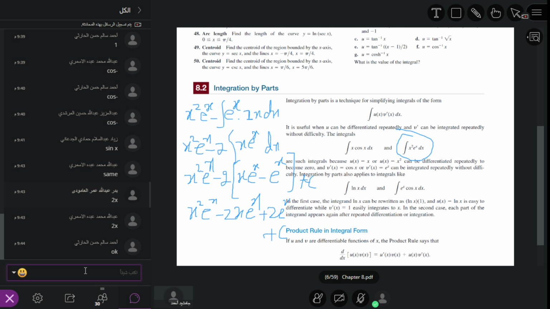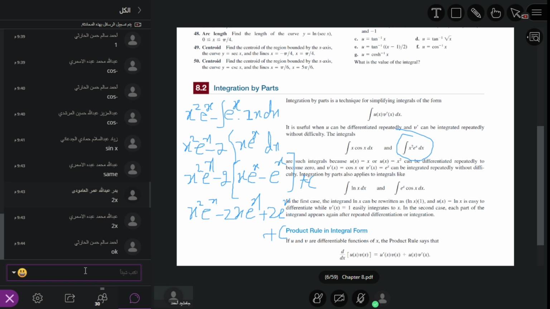Here we have two functions, one is x square, one is e power x. So we are using integration by parts. First function same, we take the integration of the second function minus integration of the integrated function. So x square same, e power x minus integration of e power x dot 2x. Now 2 is a constant, it will go outside. Thus we get the integration of x e power x.